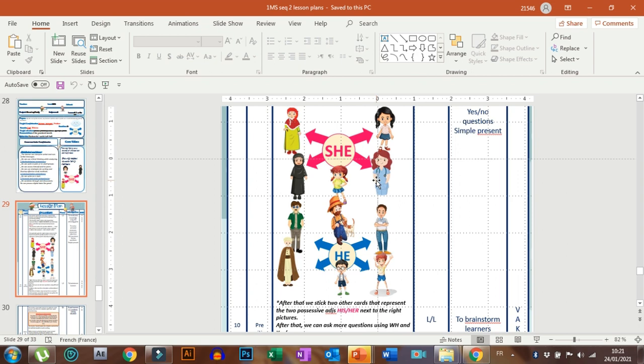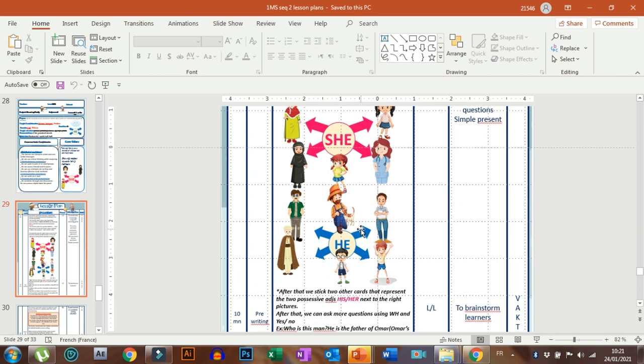This is one strategy. Another strategy is mingling. How do we use this mingling strategy? Well, you can design cards with questions and answers. The same technique, but here you're going, for example, to provide half of the learners with cards. You provide them with cards that have, let's say, questions. Who is this, for example, or how old is Aziza? What's the job of the mother, etc. Different questions, and the other